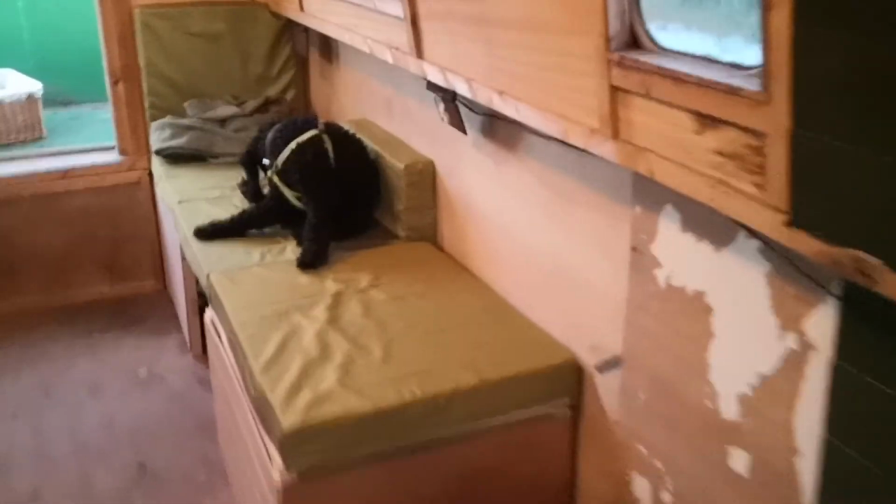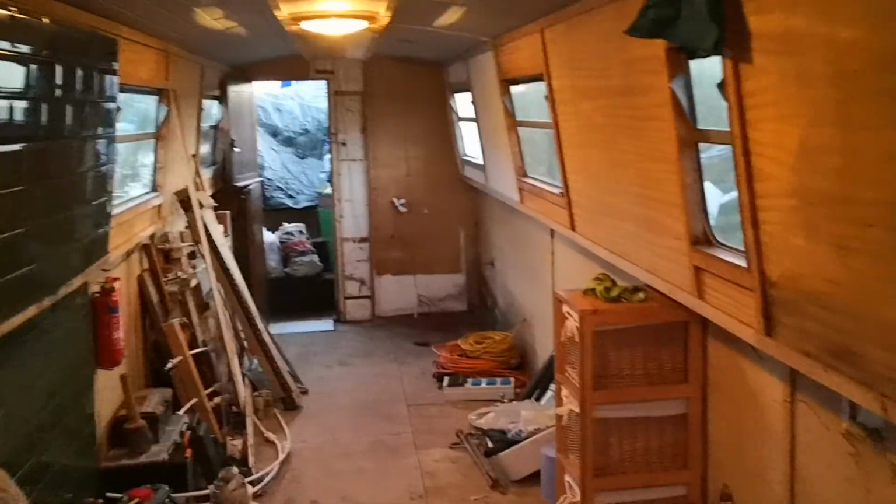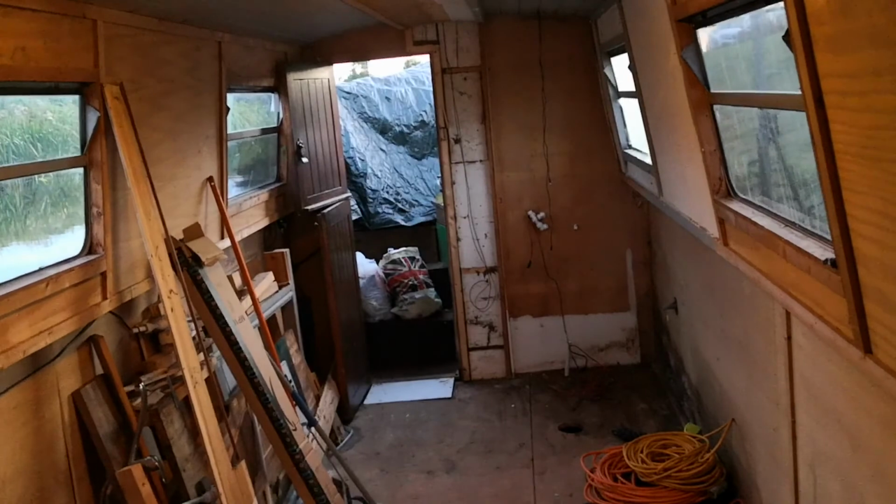The dog's happily sat on the chair, itching his foot, I think he's chewing his foot. But we have seats that my granddad built, which are really nice. And the boat is now nearly ready to be reconstructed, and just got the bottom, got to get it out